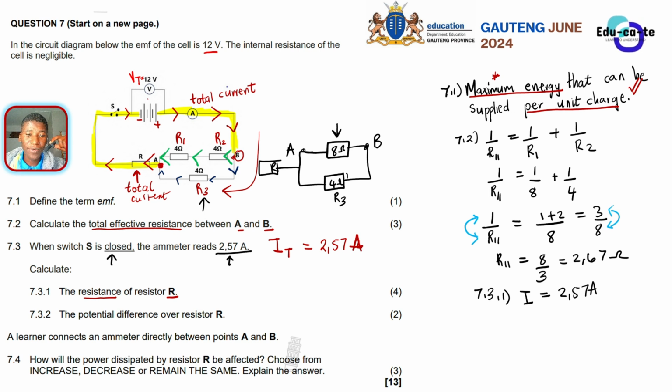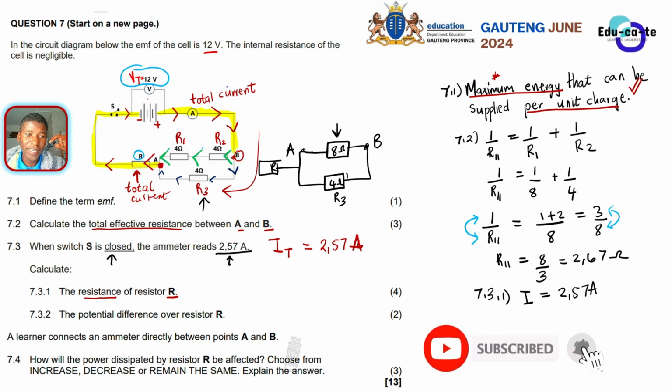So now here, what is our task? They say we should find the resistance. So at least we should know the potential difference, okay? But here, do we actually know the potential difference, or can we actually know the potential difference? Think about it. Yes, we can. Look at how the potential difference is being shared or divided here. We have the total potential difference, or the total voltage, as 12 volts. So we know that out of these 12 volts, we have two parts of the circuit. This series part highlighted in yellow has only one resistor, which is resistor R. So part of these 12 volts will go to resistor R. Another part of the 12 volts will go to this parallel combination.